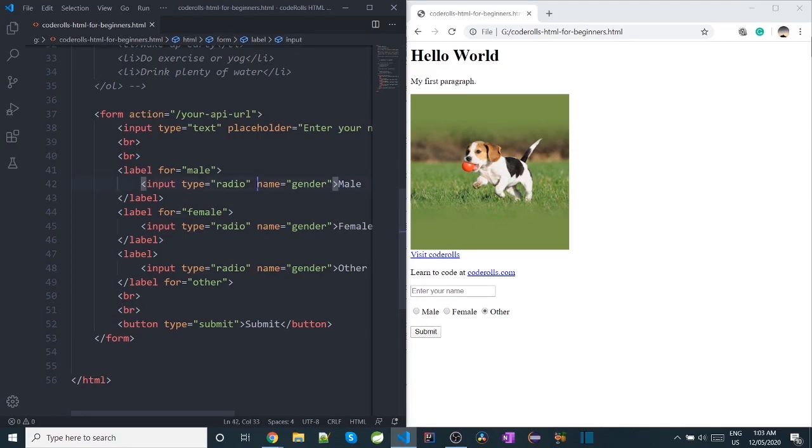If you don't add any value to radio buttons, the default value will be on, and of course which will not be useful as a parameter value. So I have added male here. We can simply copy, and don't forget to change the male to female, and here other.